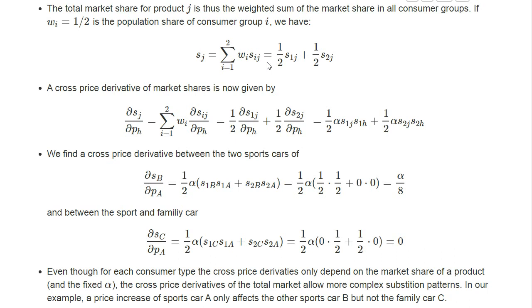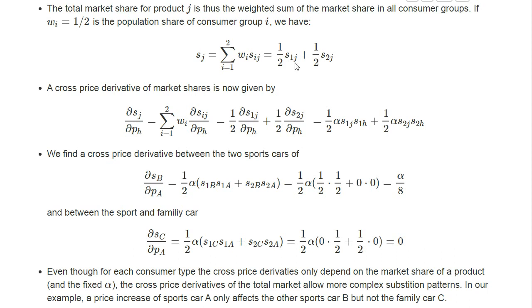So in our extended model with the two consumer groups, the total market share of product J is basically just the weighted sum of the market share of the two consumer groups. So if Wi measures the relative size or the share of consumer group I, the total market share is given by this sum. Or in our example, where both consumer groups have the same size, it's just 1/2 of the market share of product J within consumer